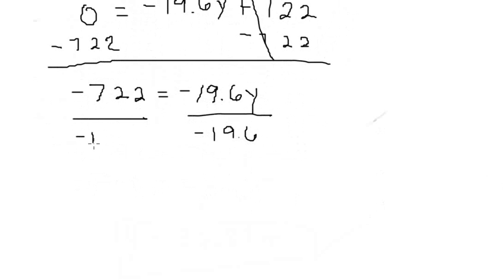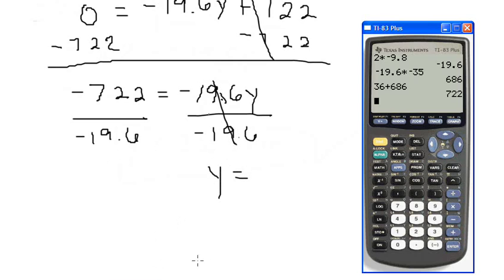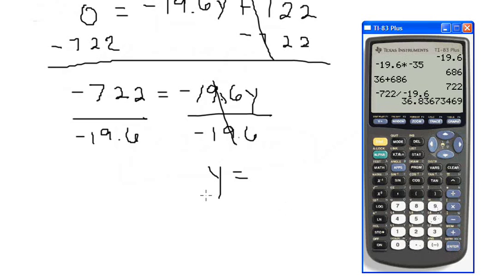This cancels. Y is equal to negative 722 divided by negative 19.6. So the answer is 36.83